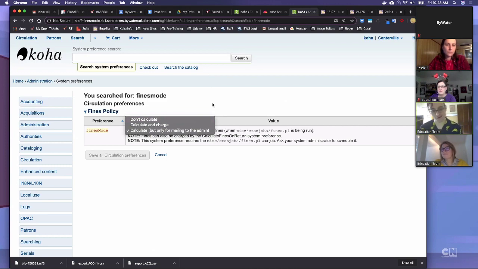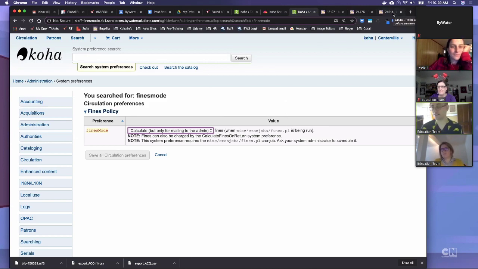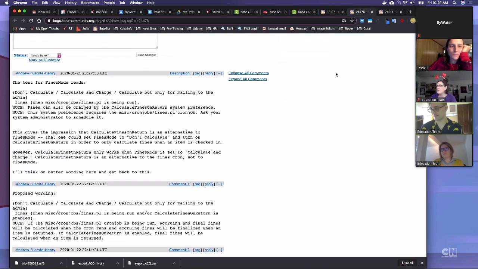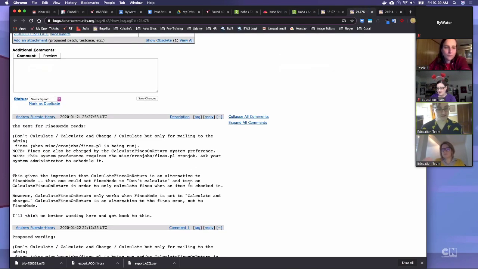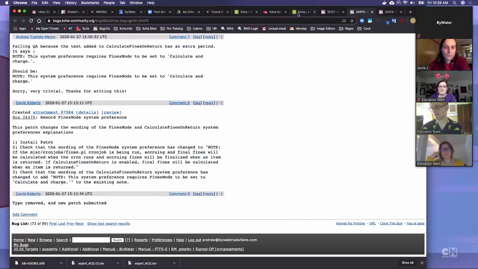I had a couple libraries accidentally go fine free because they read that text and took it to mean what it said rather than what it meant. So, like I said, this is an easy bug. Step one is we look at this and say, oh yeah, it does say that. That's not what we want it to say. So then we come back and apply this patch